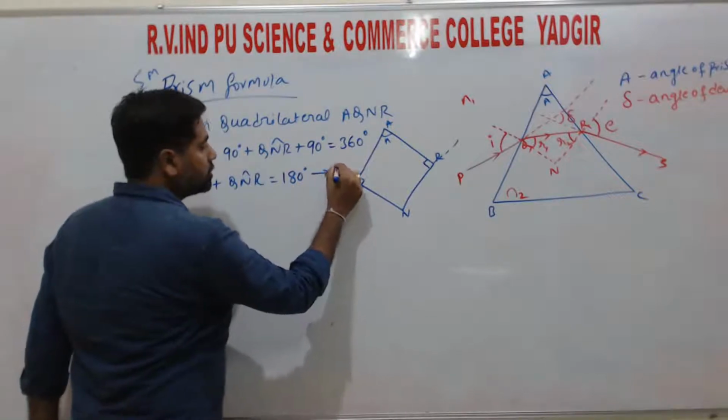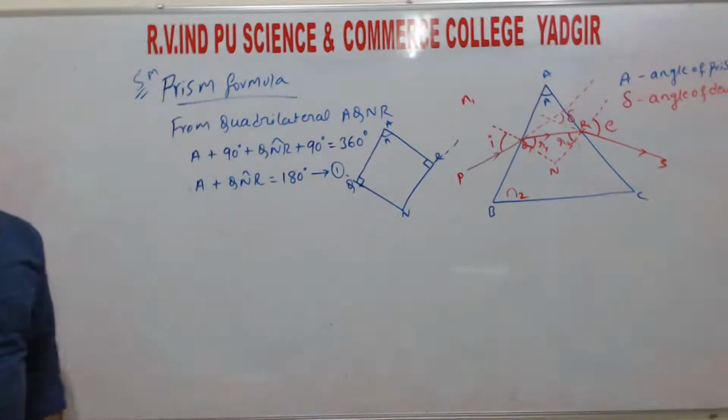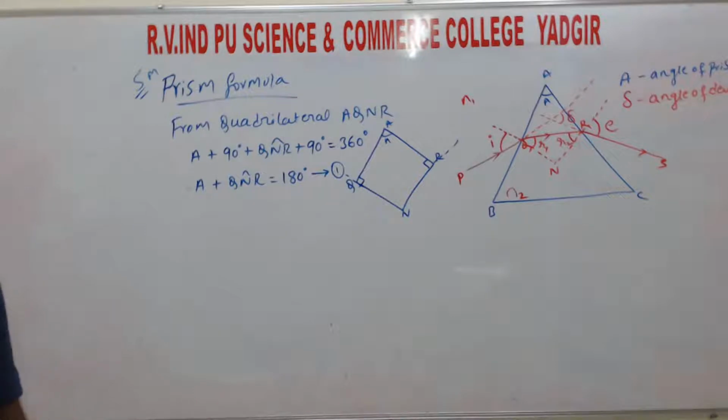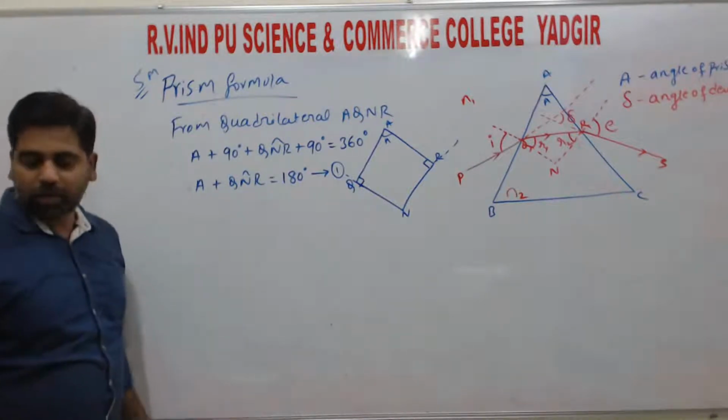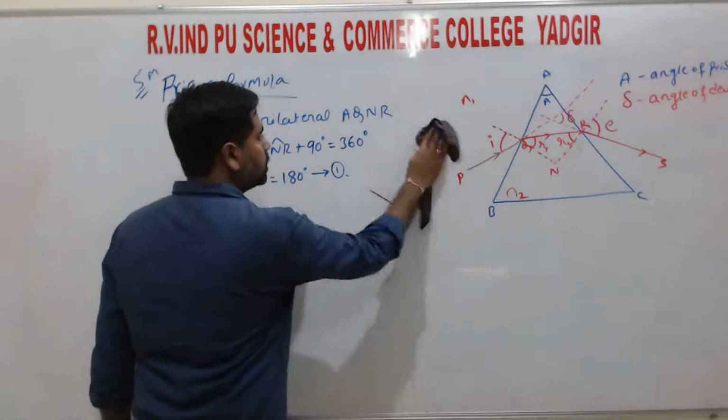So calling this one equation 1. That is from the quadrilateral AQNR, right? Next,